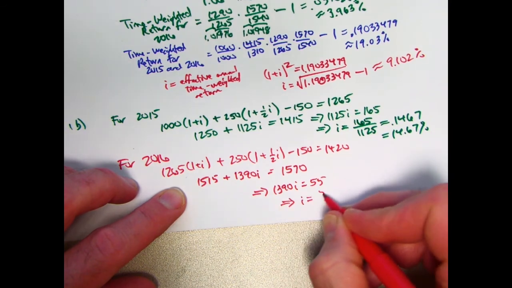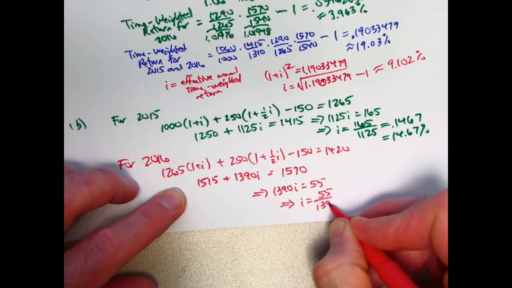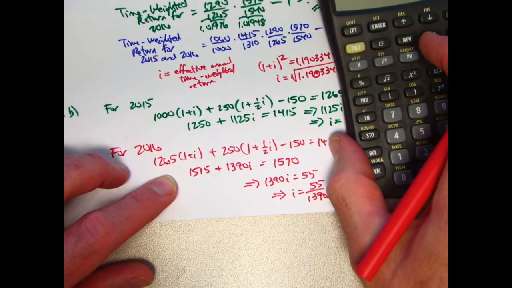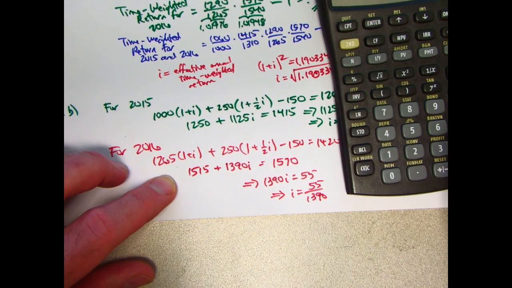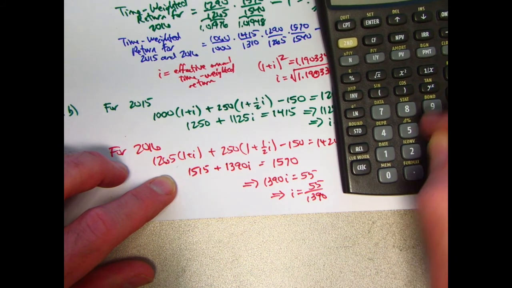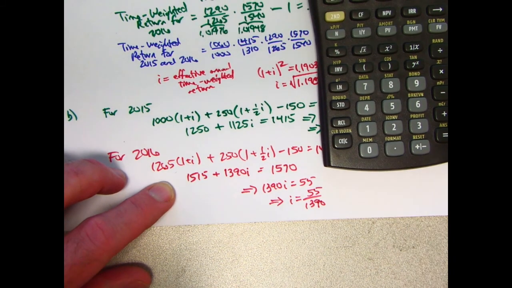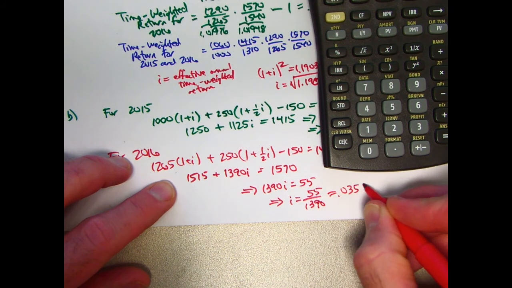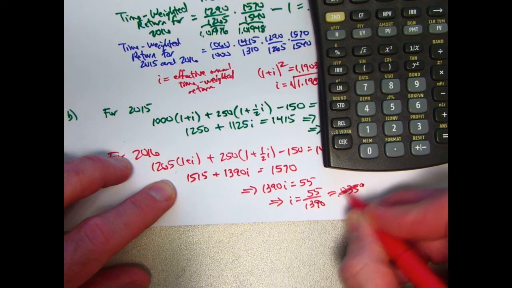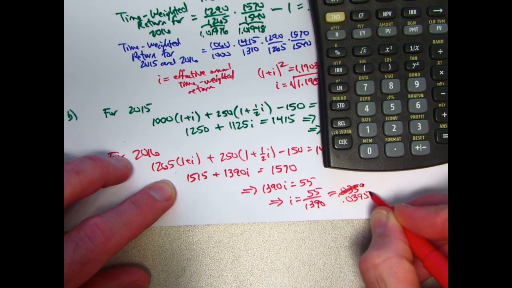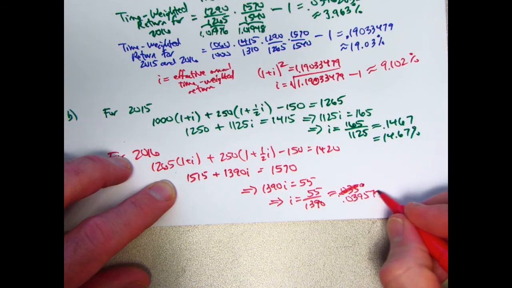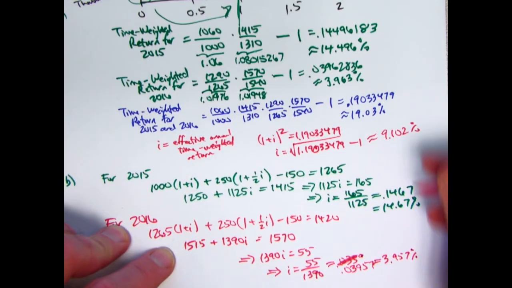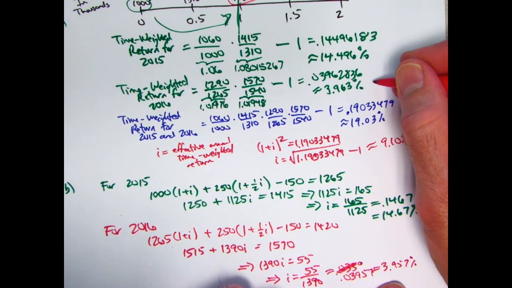So i is 55 over 1390. It's about 0.03957, about 3.957%. And once again, comparing this with the time-weighted return for 2016, you can see these are pretty